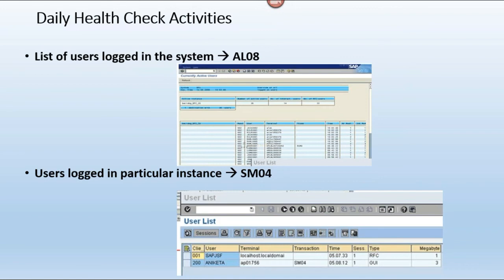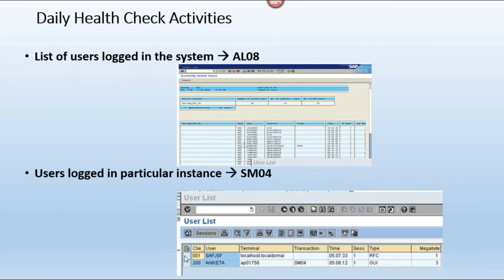If he says no, I have not logged in and I am not doing any work, then what will happen? He is not logged in, but his login details, login credentials, we are seeing in SM04. So he is not logged in as of now. We can kill his user session from SM04.